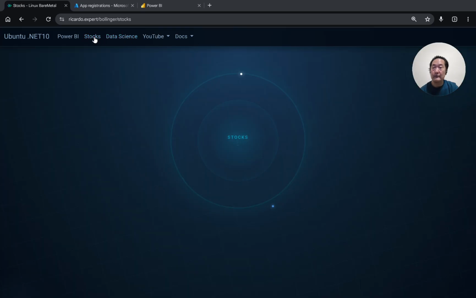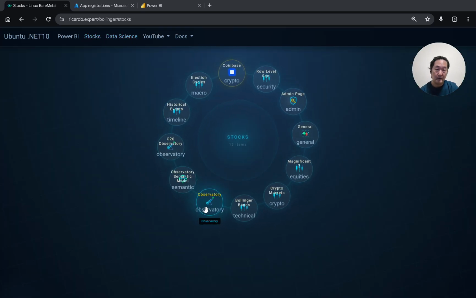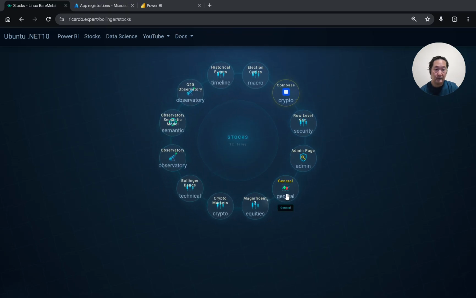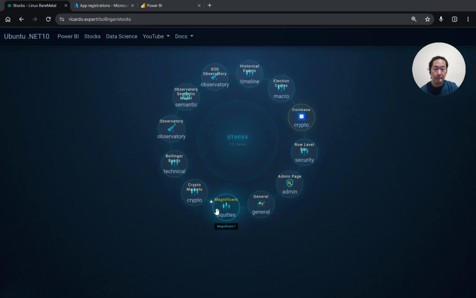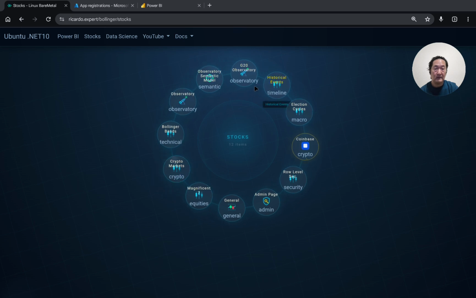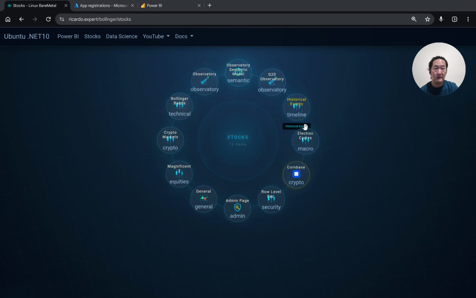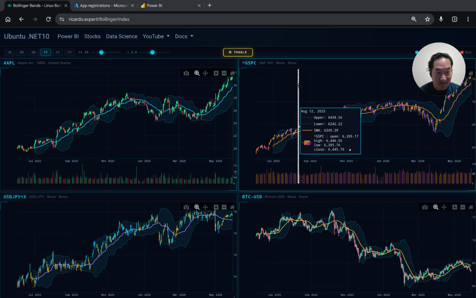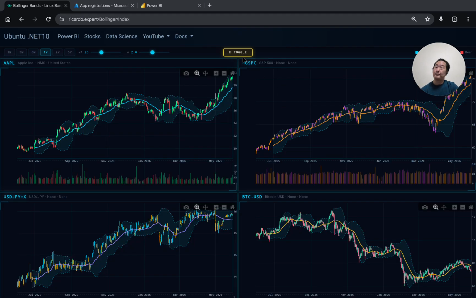And for stocks, we can see also the Bollinger Bands. This is very nice. This is published